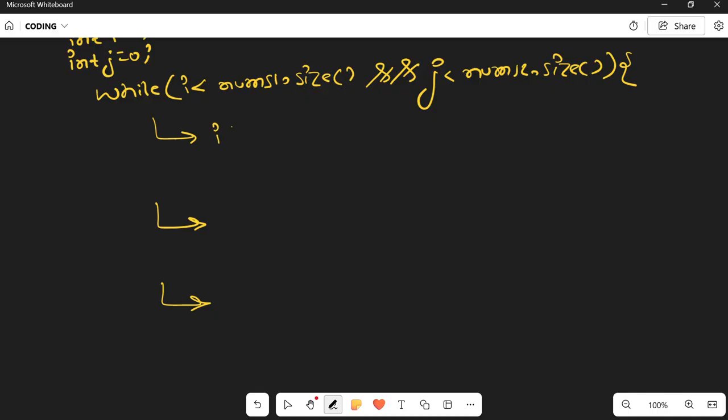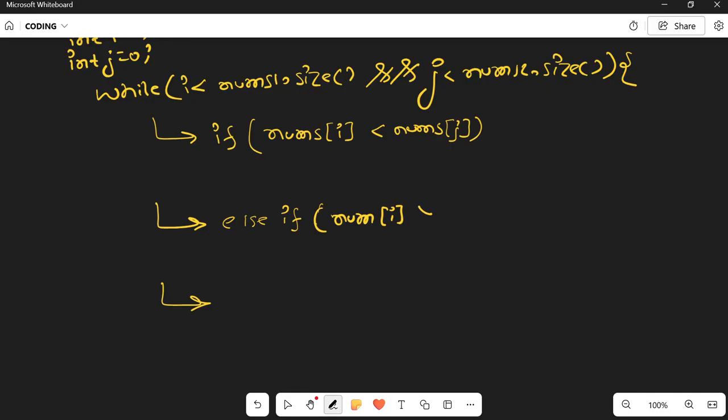In the if condition we are saying, suppose nums i is less than nums j, then we will do something. Then we are saying, suppose nums i is greater than nums j, then in that case we will do something. Or else